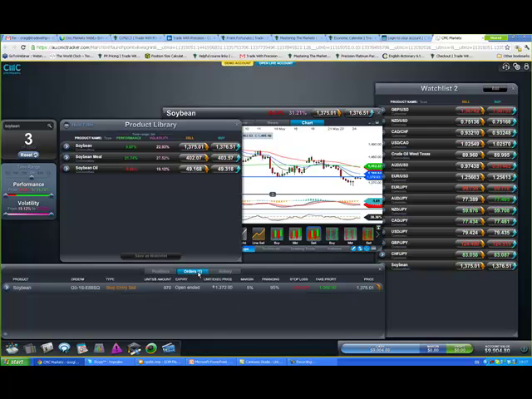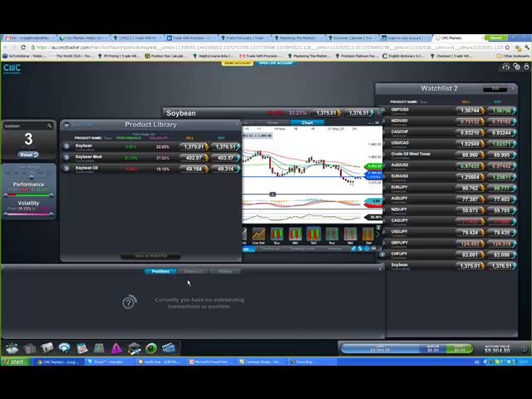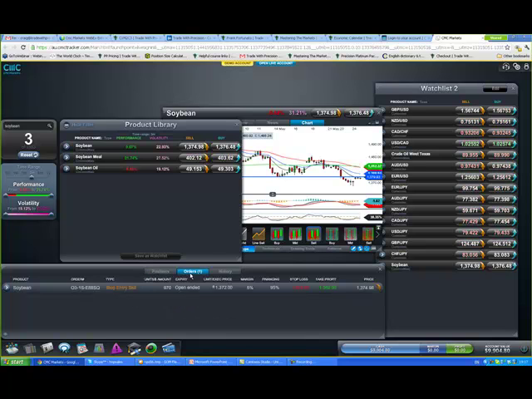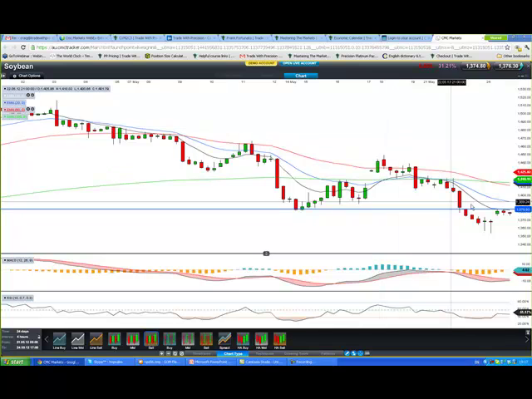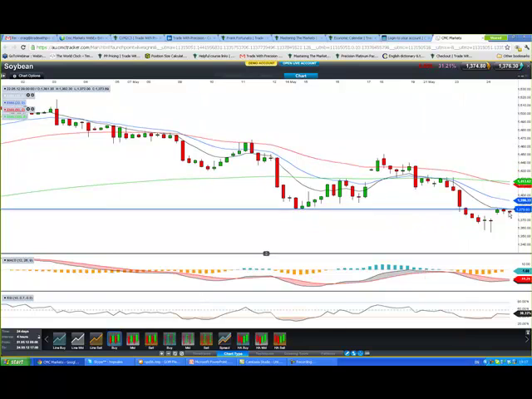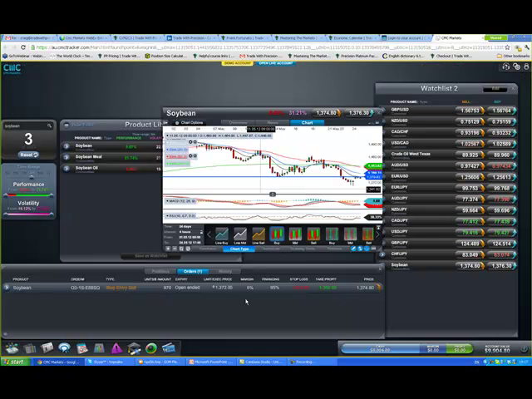Hit close. Now down in this tab here, I've got my positions, which is currently I'm not in anything. I've not been filled in any trades. And I've got my orders. You can see the order here. Now this trade will become invalidated if the high of this candle is broken. Okay, so if the high of that candle is broken to the upside, then that trade will then be invalidated. It's as simple as that. If that does happen, all I need to do is come down into the order section, click cancel order, confirm that, and it's all done.